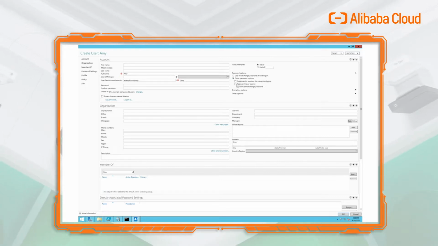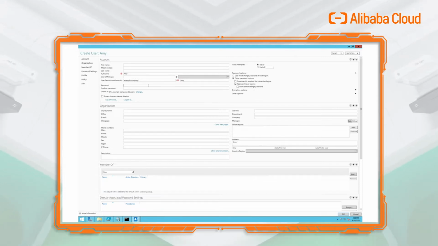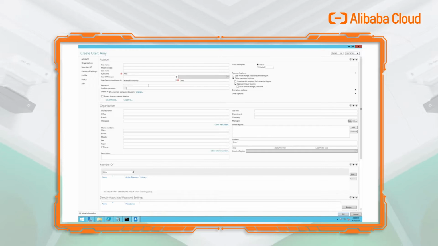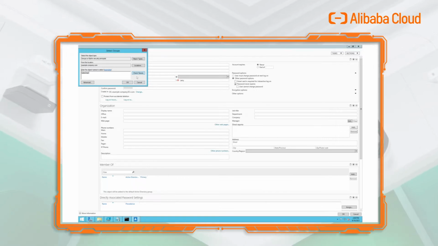And here we choose the password option, the password never expires, and then we add it under the sales department,